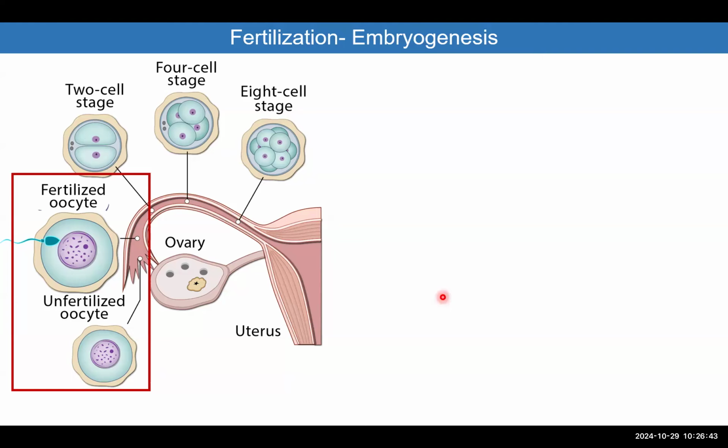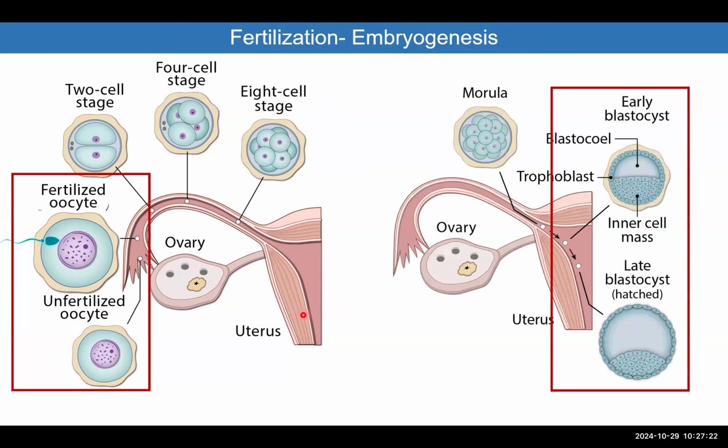In other words, if we want to express a gene that is inserted randomly anywhere in the genome, then we would take an oocyte that is just fertilized by a sperm, and then we will insert the DNA directly into the pronucleus of the sperm. And then we will let that egg